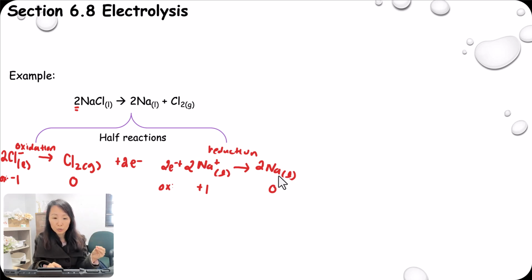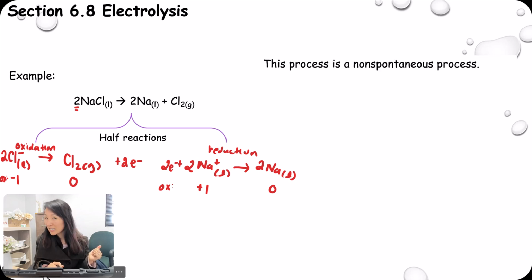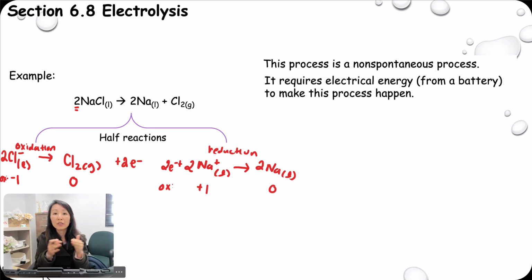liquid that is neutral. This reaction is actually thermodynamically unfavorable, meaning this is a non-spontaneous process. It will require some kind of electricity or battery in order for this reaction to occur. Whereas the other way around, that is spontaneous, is thermodynamically favorable. In a case like this where we require some kind of battery source or an electrical source in order for this process to happen, we're dealing with a cell called the